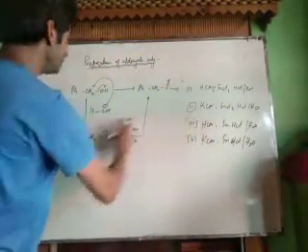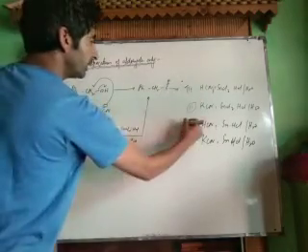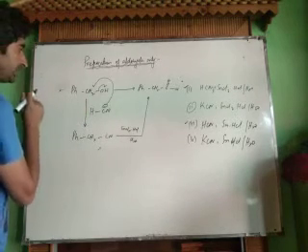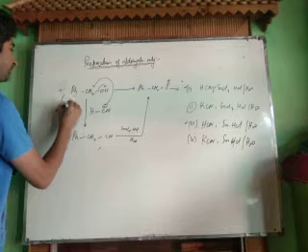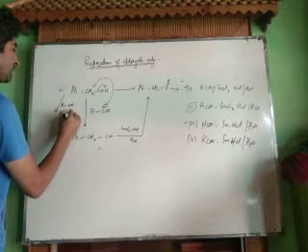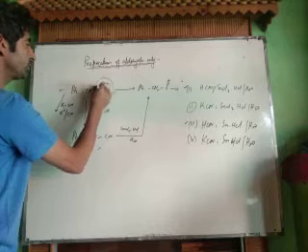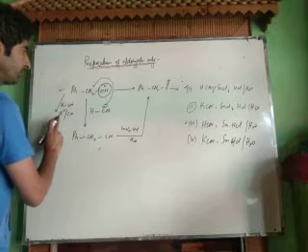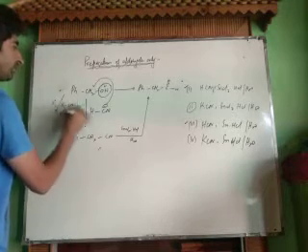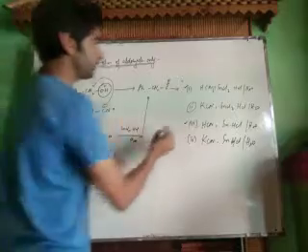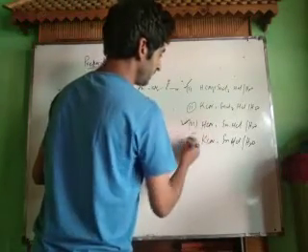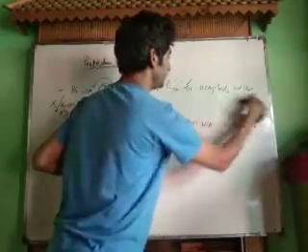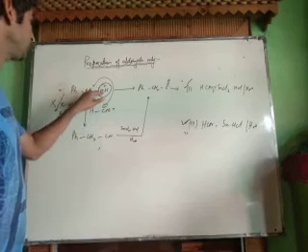Now we can use HCN, therefore either this option or this option is correct. But can we use KCN over here? If we use KCN, then it becomes K plus and CN minus. K plus will not protonate this OH group. Since the OH group is already a bad leaving group, it cannot be made a good leaving group by K plus. Therefore we cannot use KCN, we have to use HCN. So option number first and option number third are correct, and we can remove this option and this option, KCN, because KCN cannot make this OH group a good leaving group.